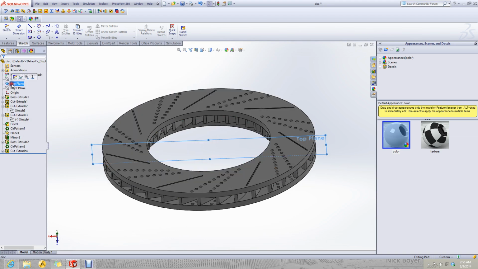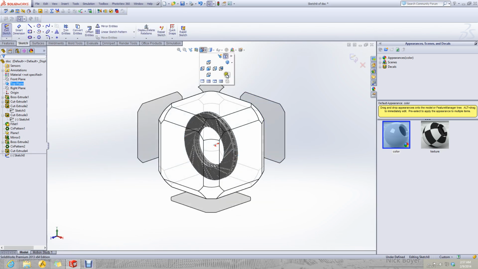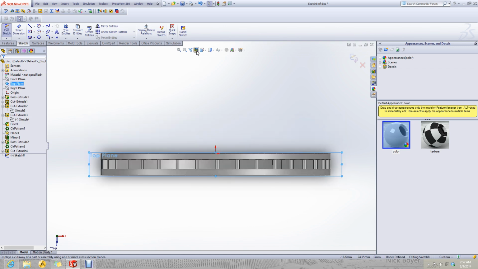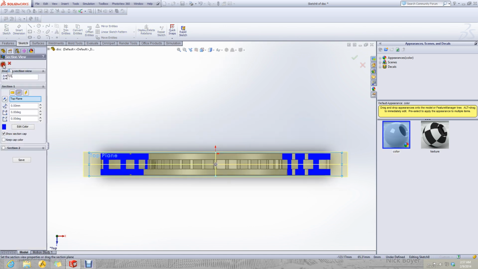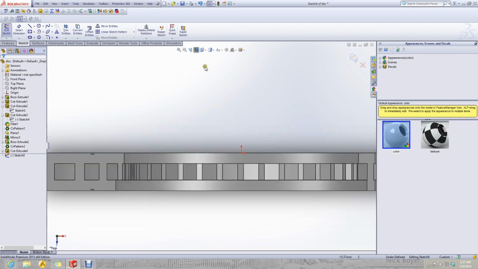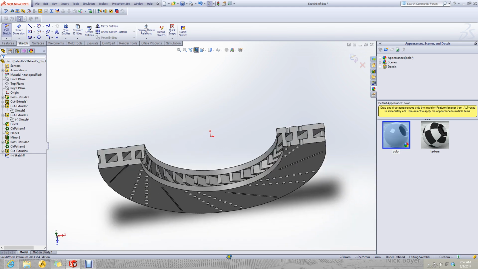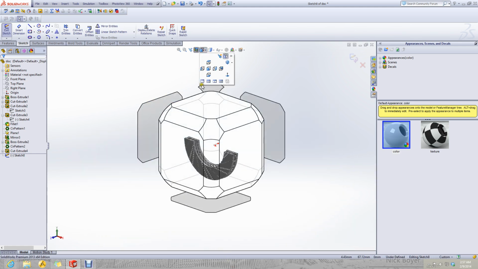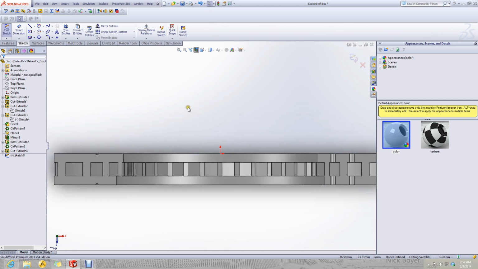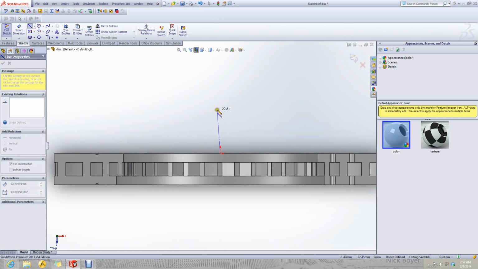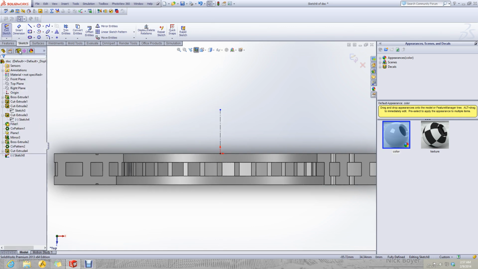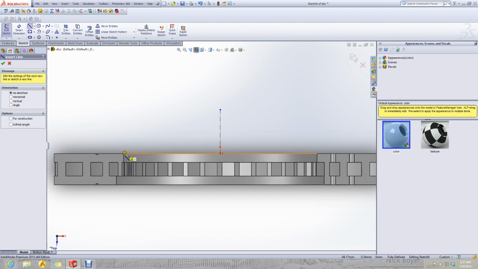We select the top plane, I'm going to sketch, and we draw a center line around which we need to revolve. Now we draw its profile.